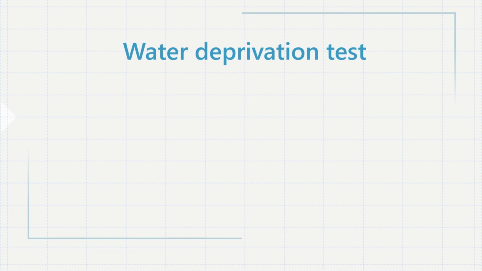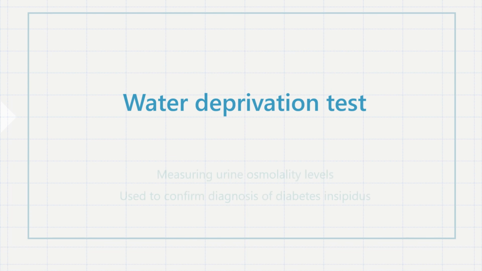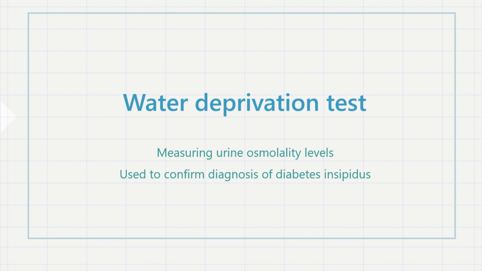Today we're going to be taking a look at the water deprivation test, which involves measuring urine osmolality levels to confirm a diagnosis of diabetes insipidus. Before looking at the test in more detail, it's important to understand how anti-diuretic hormone, or ADH, functions within the